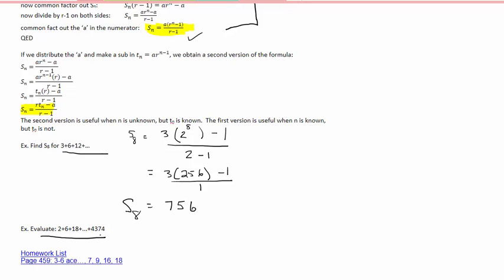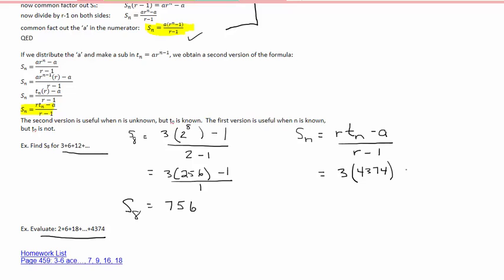This time, we know what T at N is, so we can use the other formula. S at N is equal to R times T at N minus A, all over R minus 1. So here in this one, we're multiplying by 3 every time. So our R is 3. T at N, the very last term,